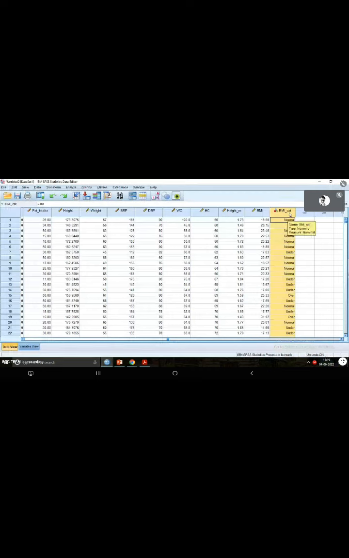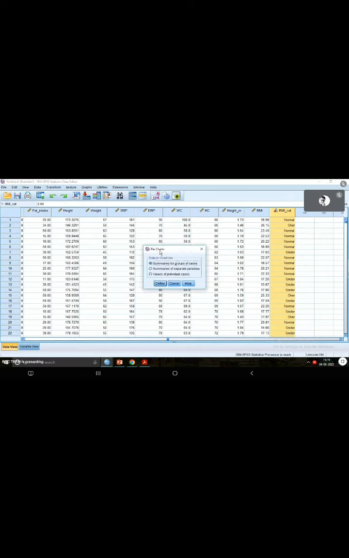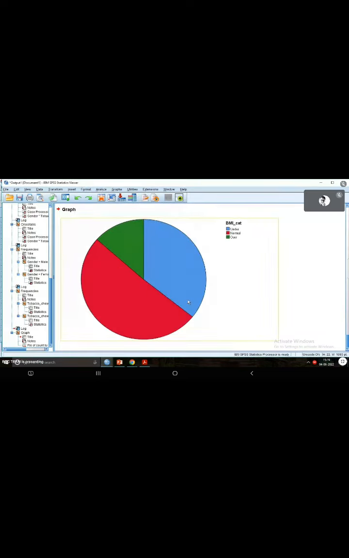Now, if you want to summarize them graphically, there are some options available in SPSS. If you just go to this option graphs and legacy dialogues, you can see all the options of graph that is present. If you want to say summarize the variable BMI with the bar chart or with the pie chart, you can just select the option accordingly. Select the pie chart option. And here, if I suppose want to summarize the BMI categories using a pie chart, I'm defining slice as BMI category. Click OK, and you can see a pie chart is created.